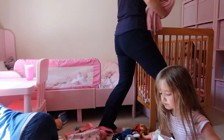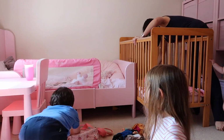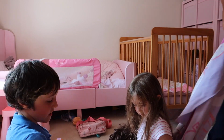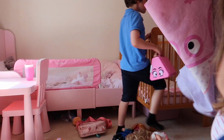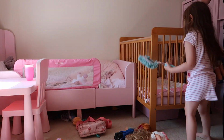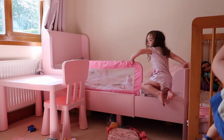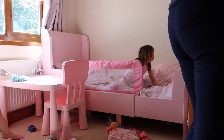So I've got them all just mucking in, putting away toys as best they can. There is accessible storage in each of their rooms, so although things might not go exactly where they're supposed to go, they have the ability to put things away of sorts. So I'm folding up blankets, putting away toys,